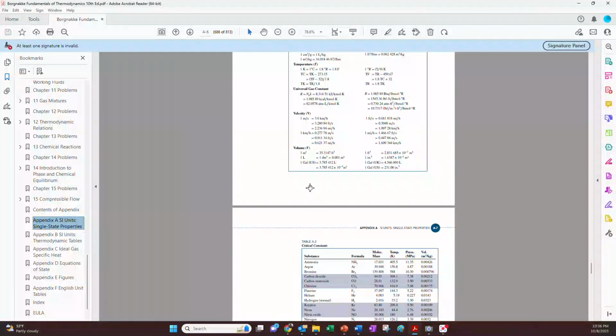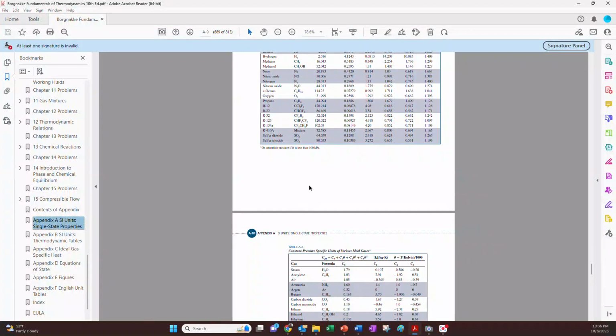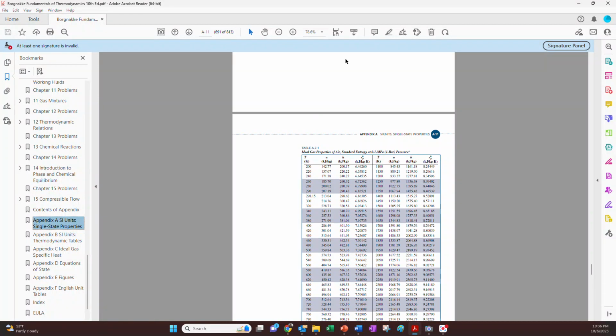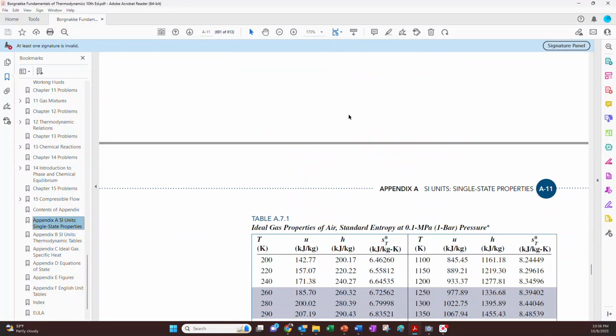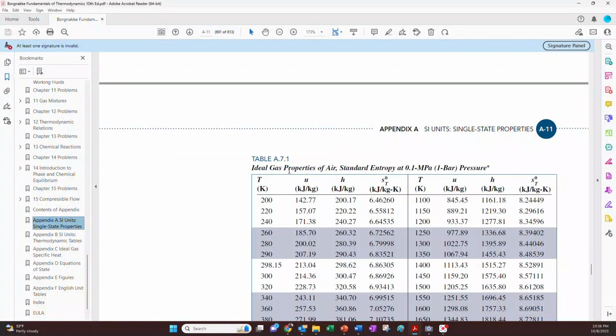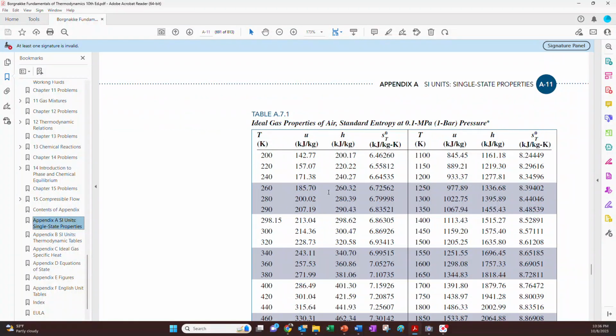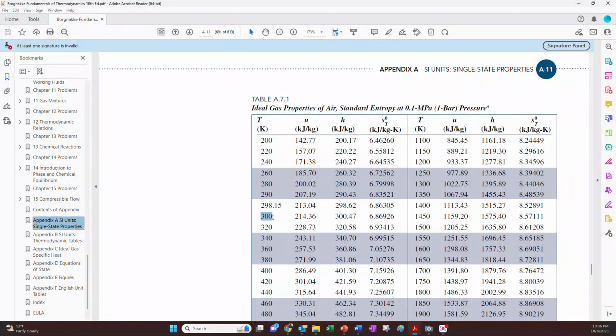I think it's A7. There you go. Ideal gas. Air for properties of air. And we have 300 degrees for one of them, right? And 400 degrees. So here we go. We're going to use this number and this number